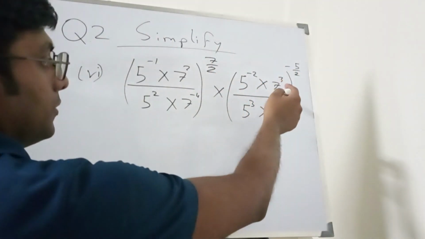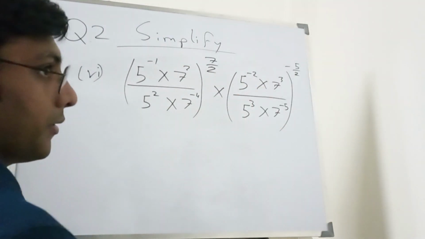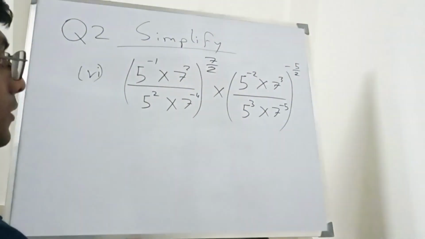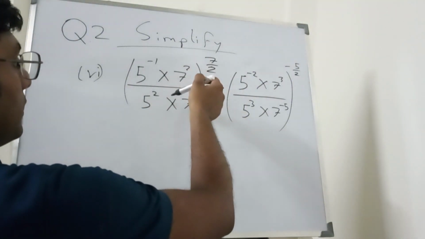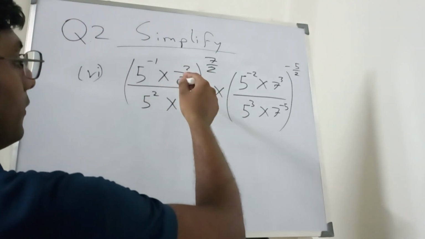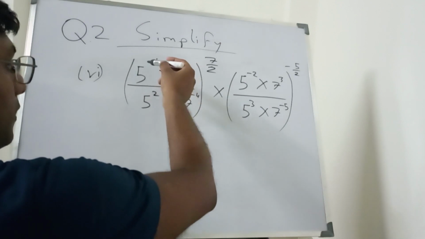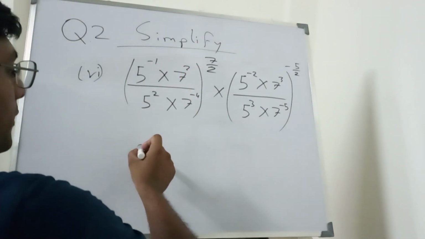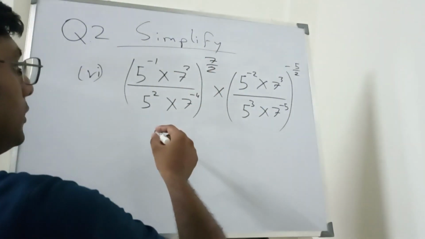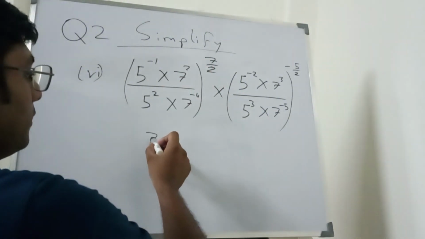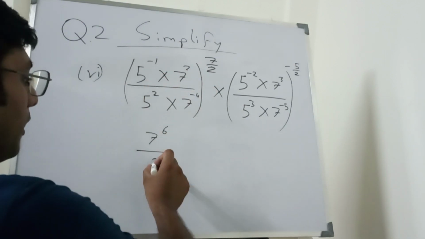5 minus 2, this is 7 cube divided by 5 cube into 7 to the power minus 5 whole raised to the power 5 by 2. So for this sum, my strategy will be to solve the bracket first. Over here 5 has a power of minus 1, so I will bring it down in the denominator, and I will bring the 7 to the power 4 into the numerator. It will come as 7 to the power 6 divided by 5 to the power cube,